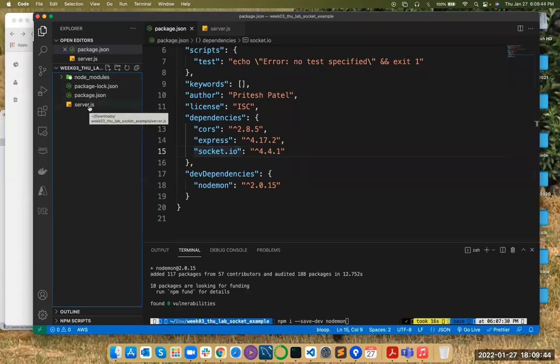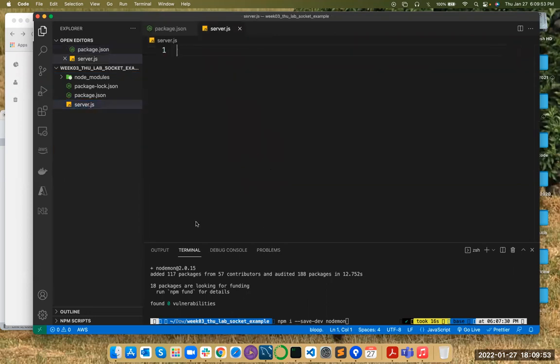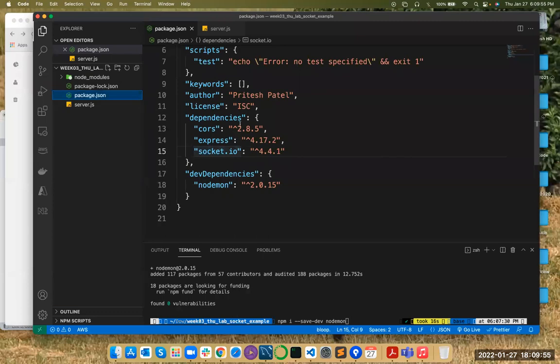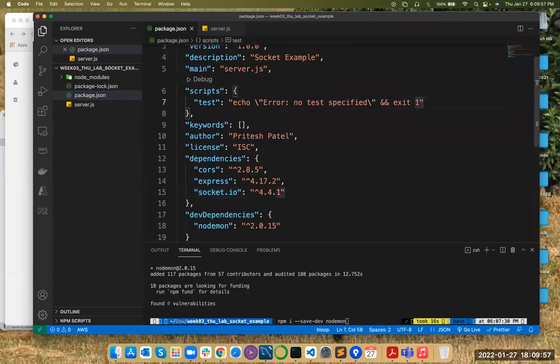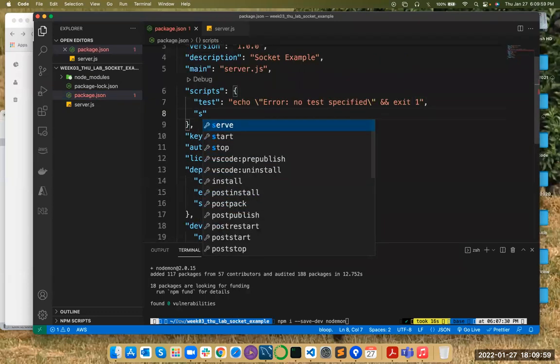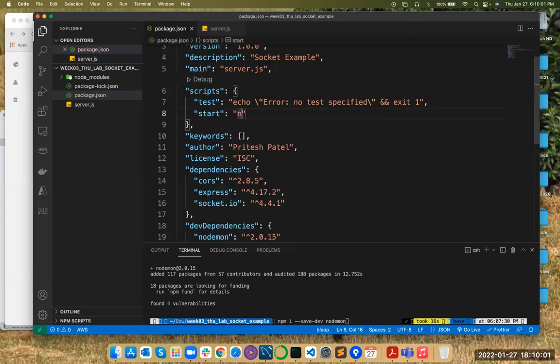Okay, and I will create the client, the HTML file later. So first let's start with setting up our code, right? We also use nodemon, right? So we need to add one script. So please add the script that start, okay, and